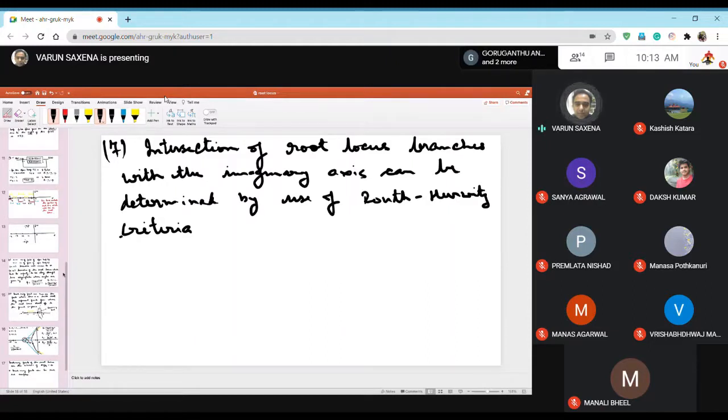So root locus ends over here. These are the rules. I will give you some solved examples. You have to practice them. I can also give you some examples that you can practice and you can submit it. But fundamentally, root locus is over, and the examples are soon going to follow.